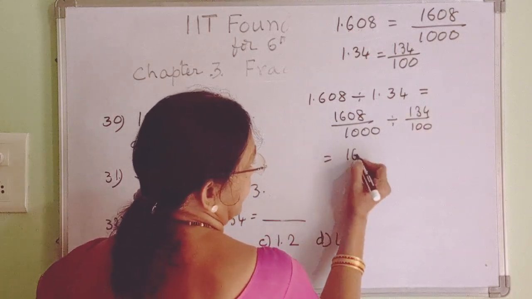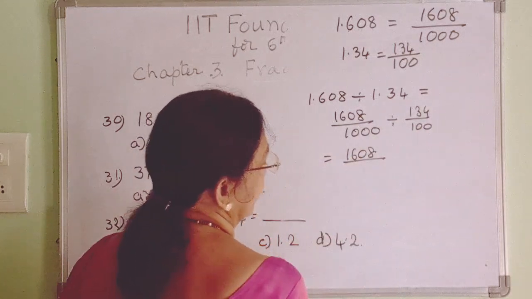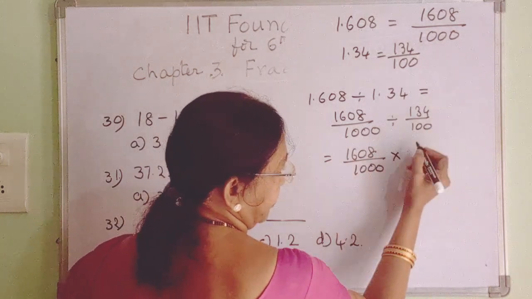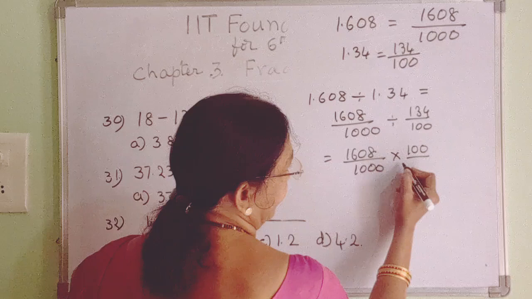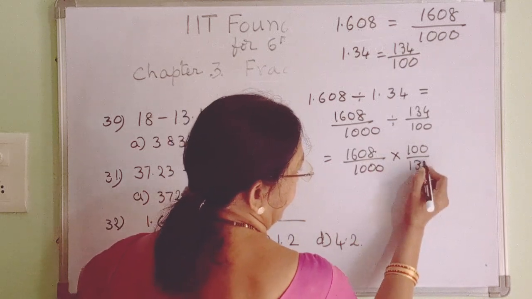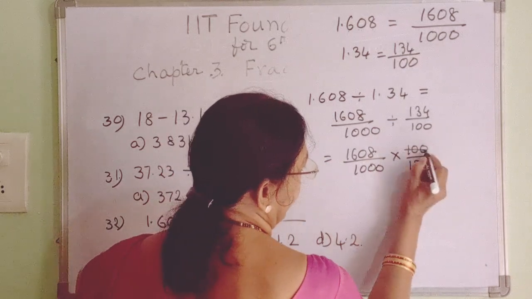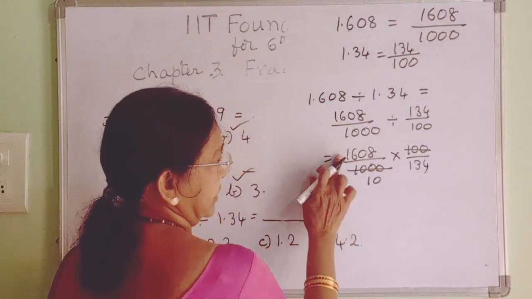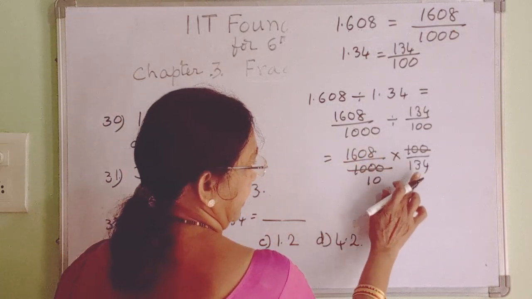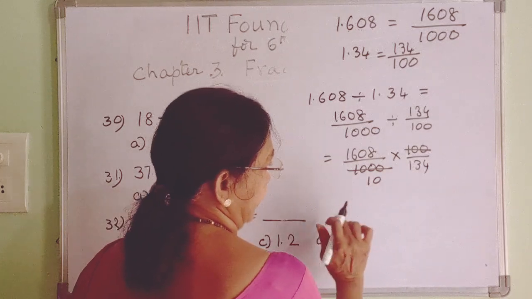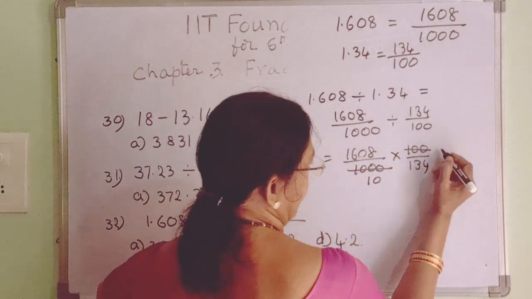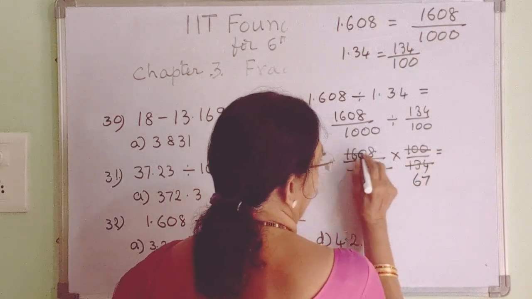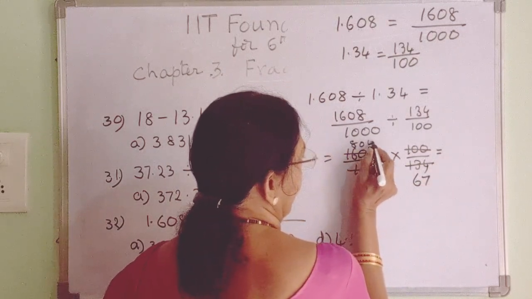That is equal to 1608 by 1000 into the reciprocal of 134 by 100, that is 100 by 134. So 100 by 1000 is 1 by 10. So 1608 divided by 134 into 1 by 10. We will do first these two. This is equal to 2 6 12, 2 7 14, 2 8 16, 0 2 4